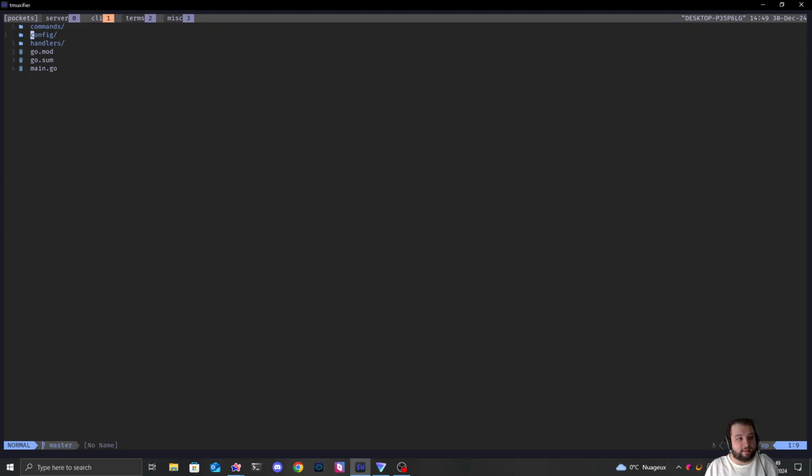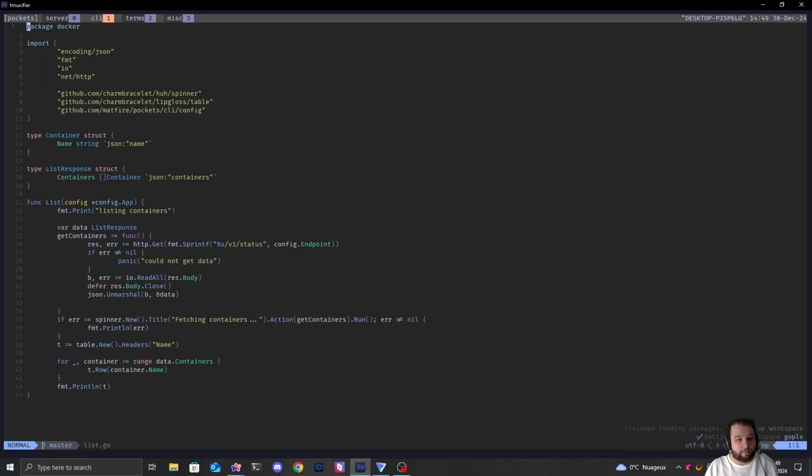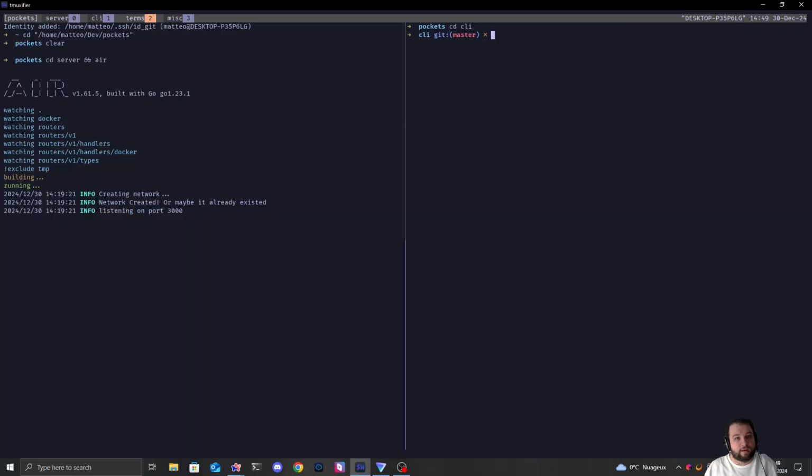And on the CLI side, we started messing with spinners and that kind of stuff. And I told you yesterday that I knew there was a way to do table outputs, but I just couldn't remember it. So now,